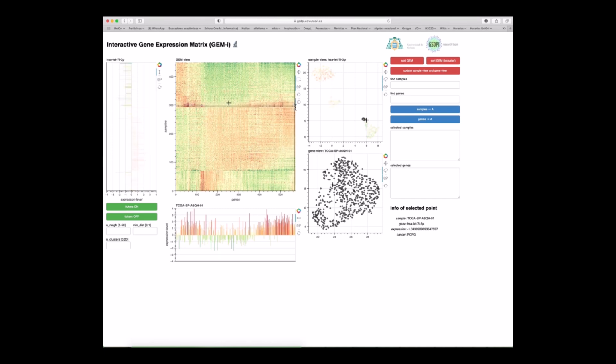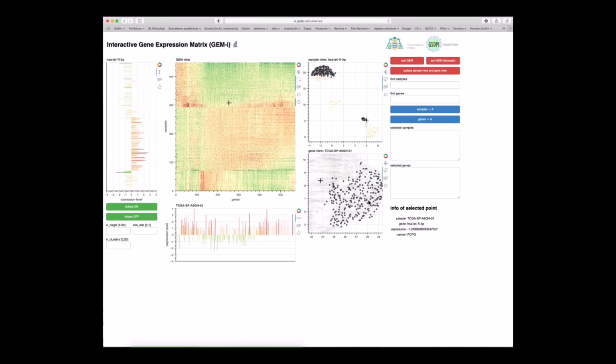Zooming in the sample view, the researcher can identify the samples, which in this case correspond to tumors with mutations in the VHL gene. This other subcluster contains samples from both tumors that overexpress in the same way a set of genes. Zooming in the gene view, the researcher can check that it mostly corresponds to genes involved in angiogenesis and extracellular